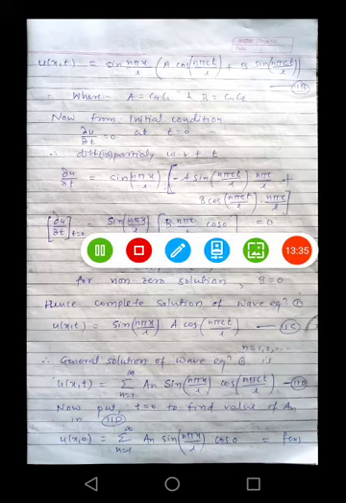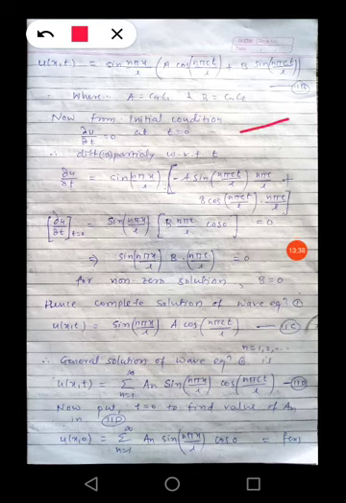Now from the initial condition, del u by del t is equal to 0 at t is equal to 0. That means we have to differentiate 11b partially with respect to t. So this is a function of x, and it remains as it is. Now the derivative of a into cos n pi ct divided by L is minus a sin n pi ct divided by L into n pi c by L, plus the derivative of b sin n pi ct divided by L, which is b cos n pi ct divided by L into n pi c by L.